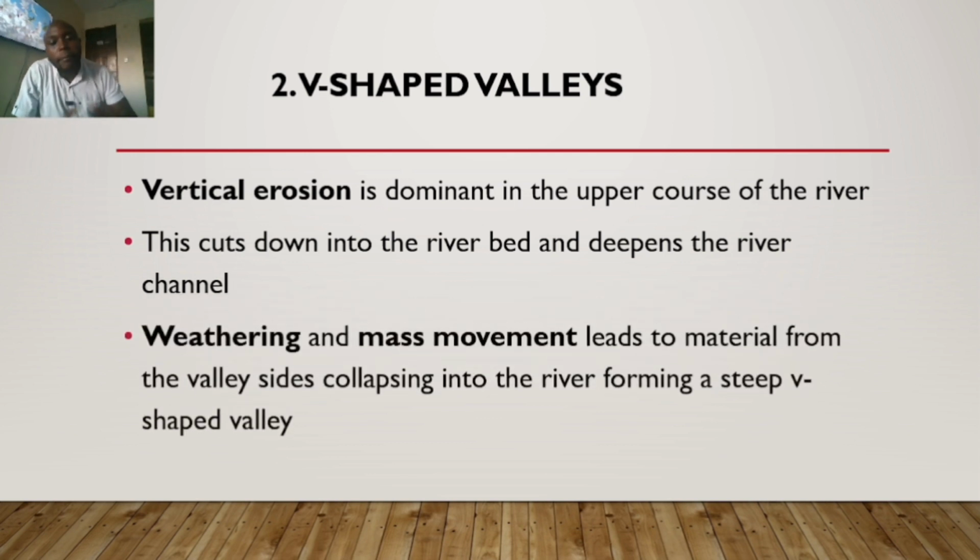Then weathering and mass movement lead to material from the valley sides collapsing into the river, forming a steep V-shaped valley. How? Weathering is the breakdown of rocks into small pieces, and mass movement is the movement of the broken down pieces of rock under the influence of gravity. So weathering will be taking place, and because remember it has been deepened,